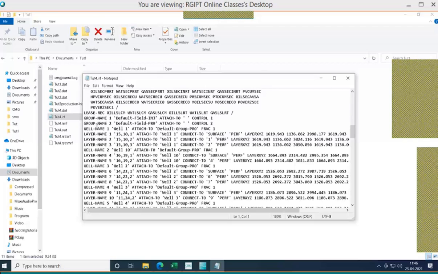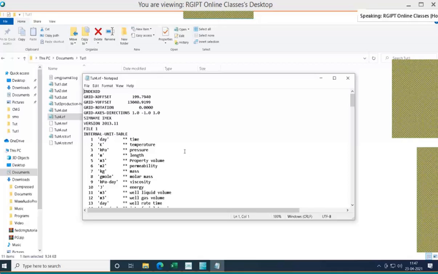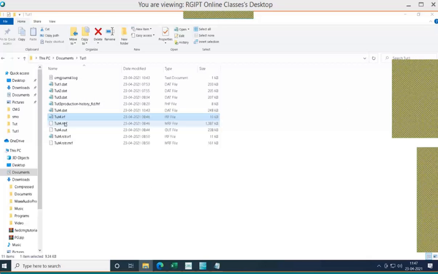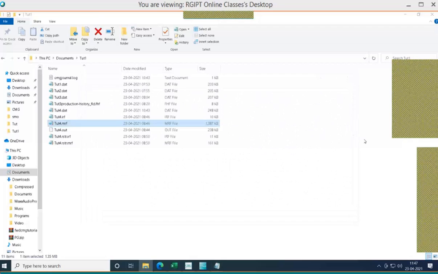And it is actually, we can say it's like a pointer. Actually, the details I'm not sure. All the details will be stored in MRF file. IRF file will be acting like a pointer, I suppose, I'm not sure. But I think MRF file won't be able to open in Notepad. Let me check. Yeah, it cannot be. And also, if you see the file sizes, this IRF file is only 10 KB.